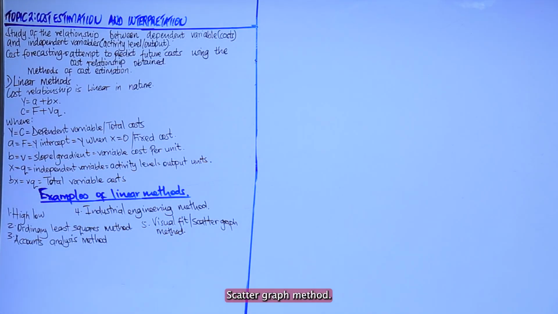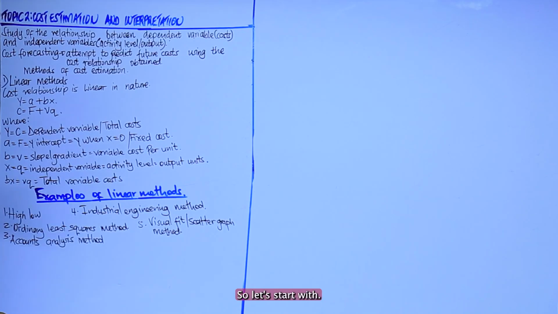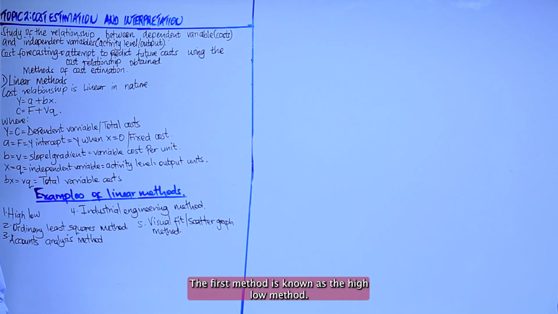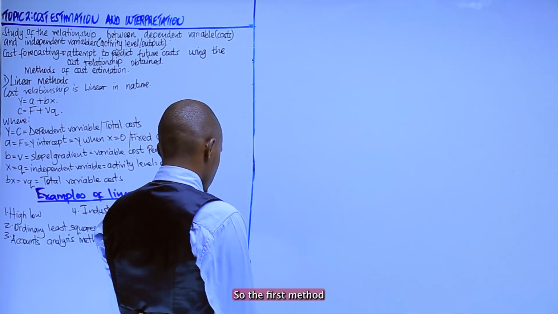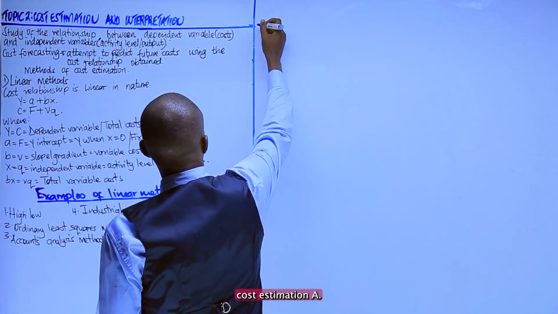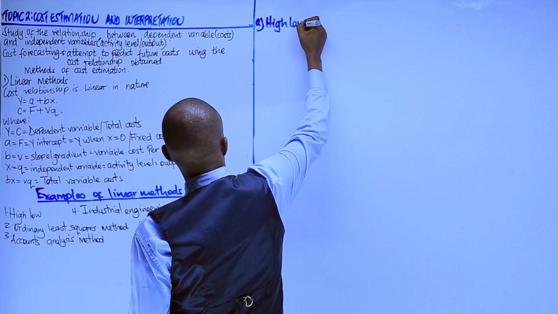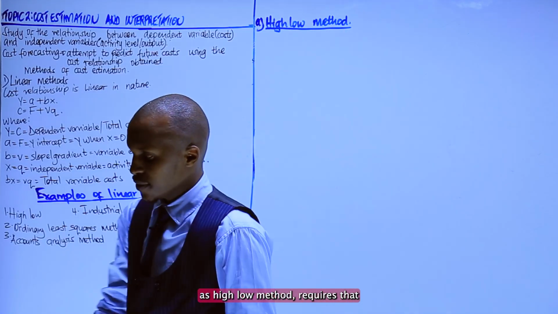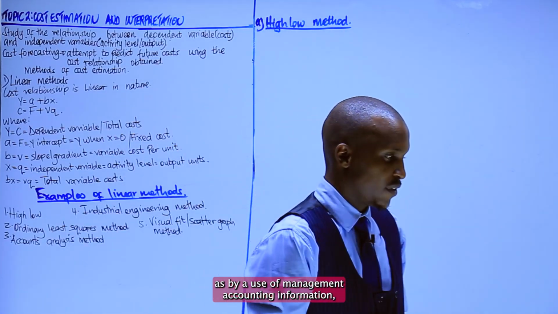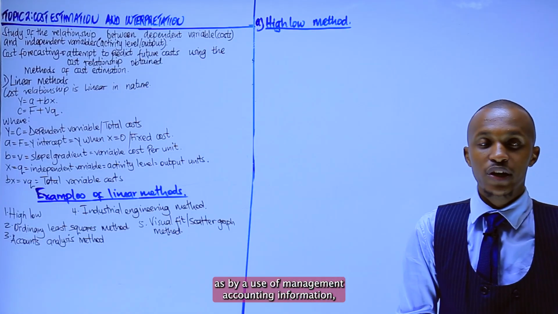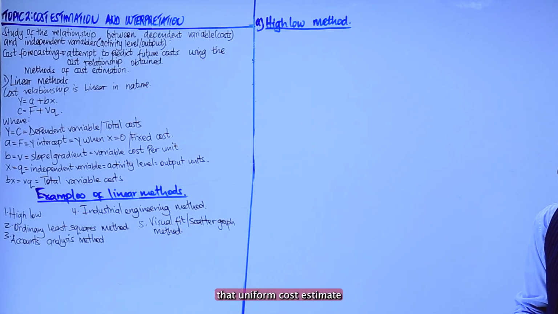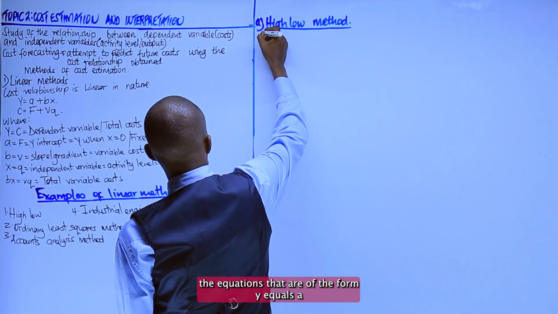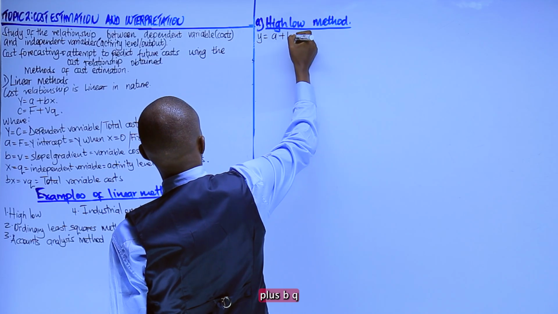Scatter graph method. So let's start with the first method, known as the high-low method. So the first method is the high-low method, cost estimation. Now this method requires that, as a user of management accounting information, you form cost estimator equations that are of the form y is equals a plus bq,